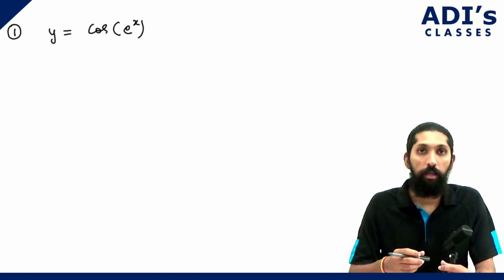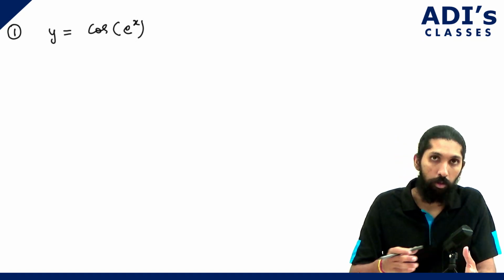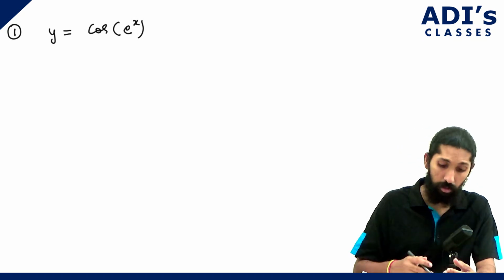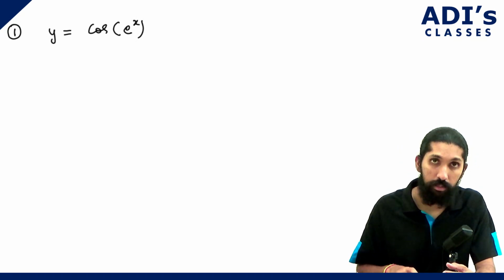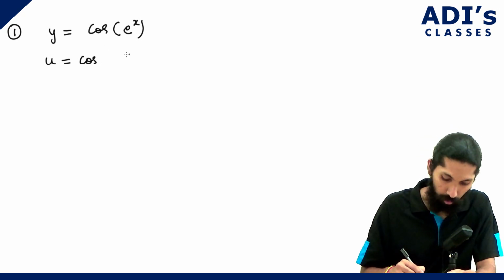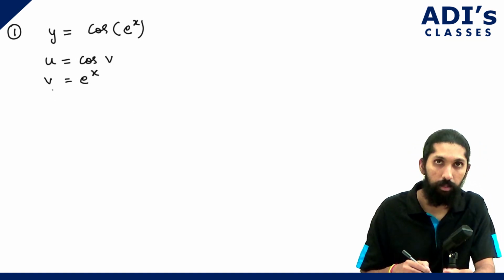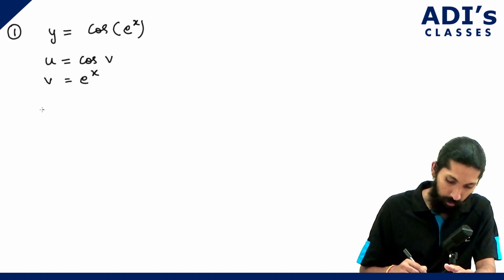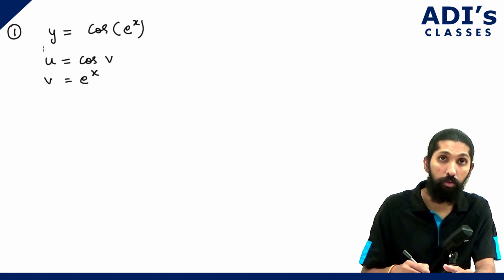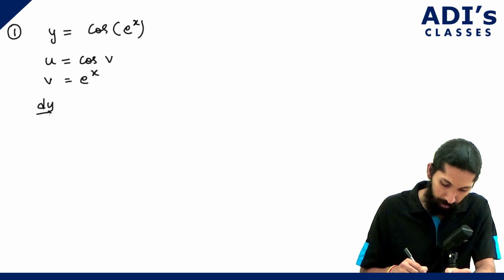In the last video, we did f of x, g of x, h of x, composite functions, right? So generally, whenever you have problems like these, we take u is equal to cos of some function, so cos of v, where v is nothing but e to the power of x. Now, basically, we have y is equal to cos v, correct? Now, in such cases, dy by dx